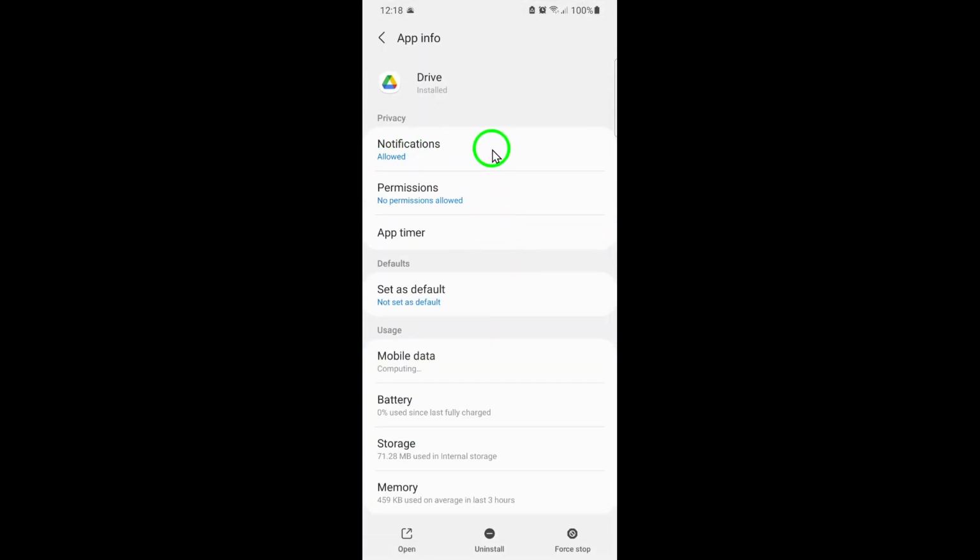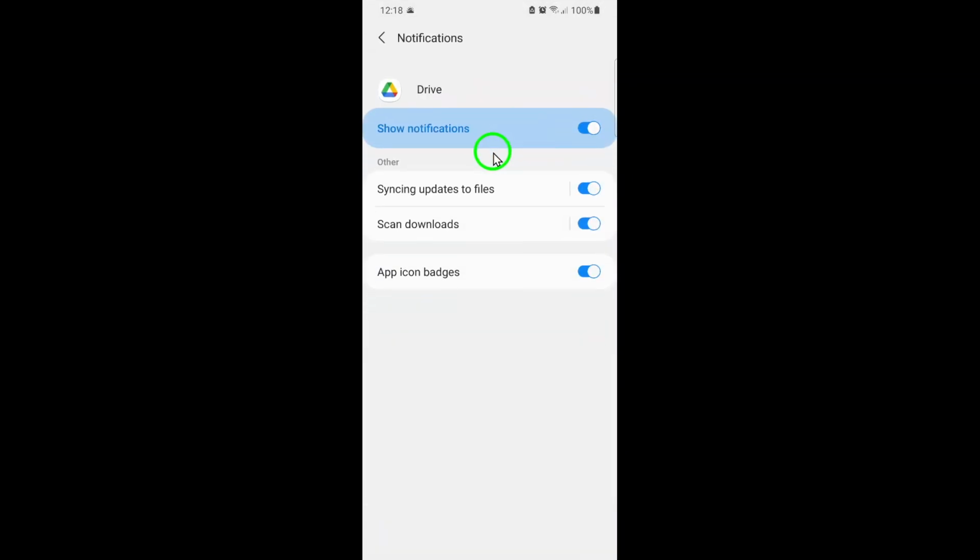This will open up the app's specific settings, where you can control things like storage use, permissions, and of course notifications. Now tap on the Notifications option. This is where you decide what kind of alerts you'll receive from Google Drive, so you never have to worry